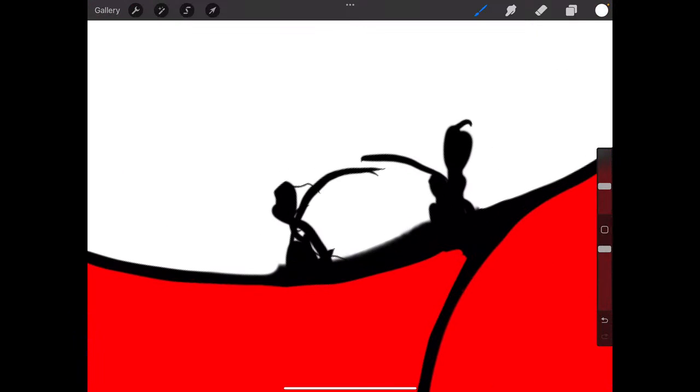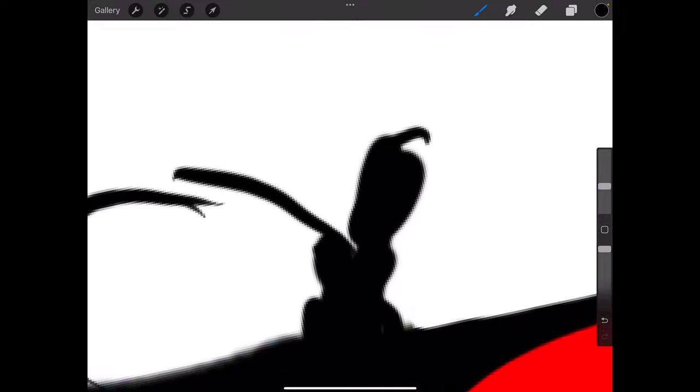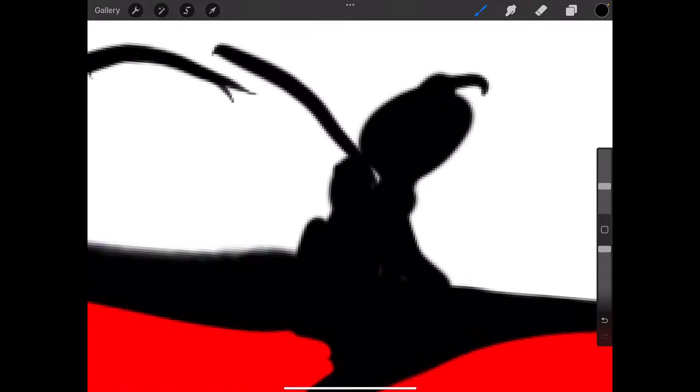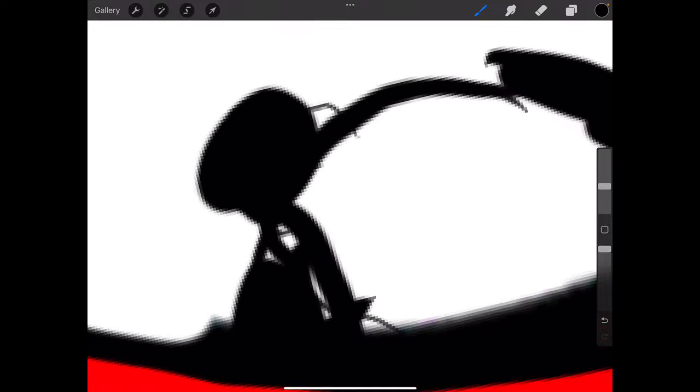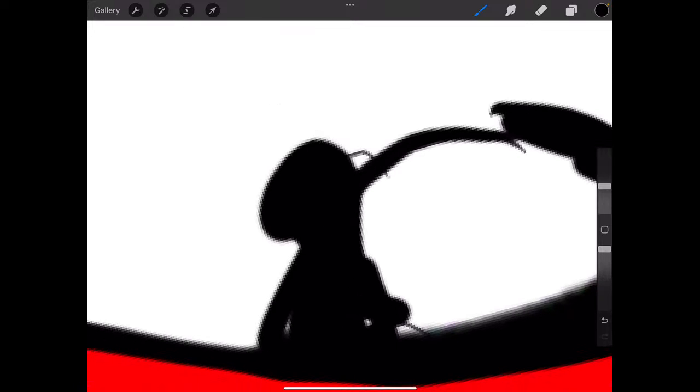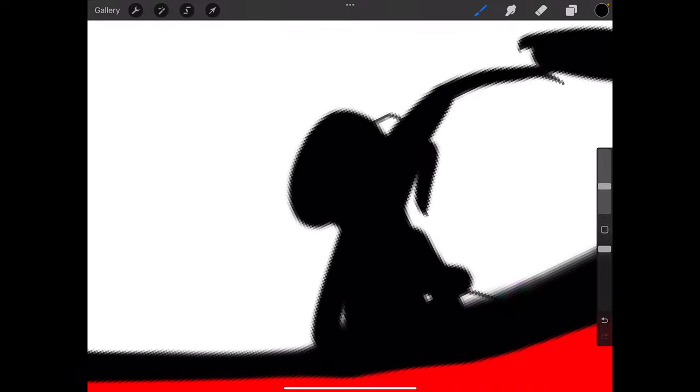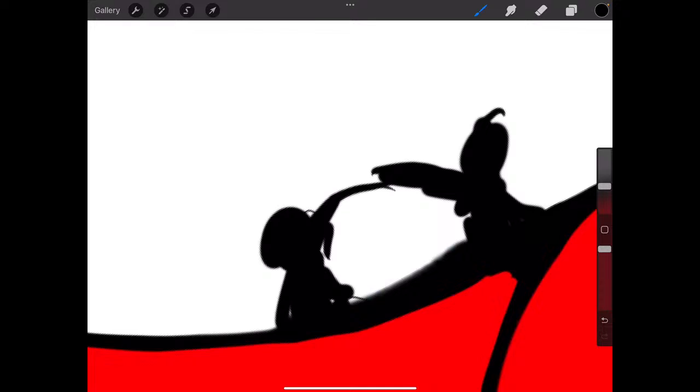And here's how I draw characters. I have no clue what they're doing or how I'm going to draw them. I start blobbing out, and I'm like, what are they doing? All right. I know this is coming from one, and it's got the red and the old gray in it,